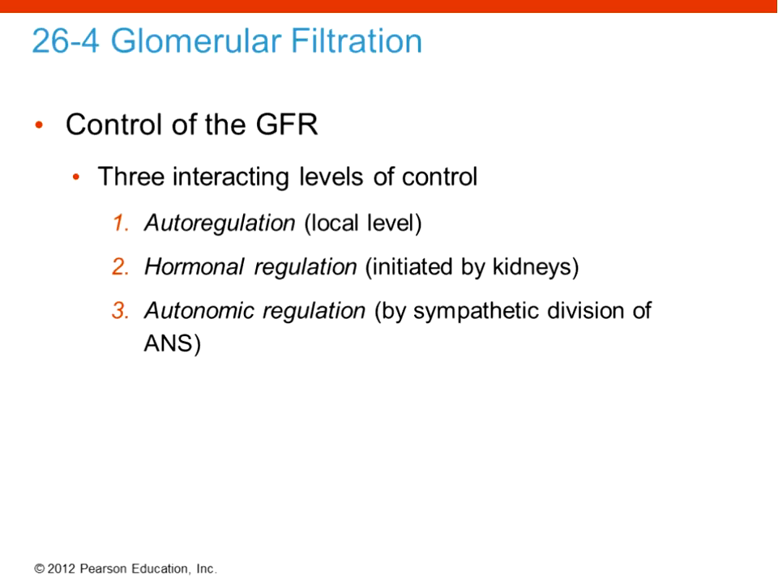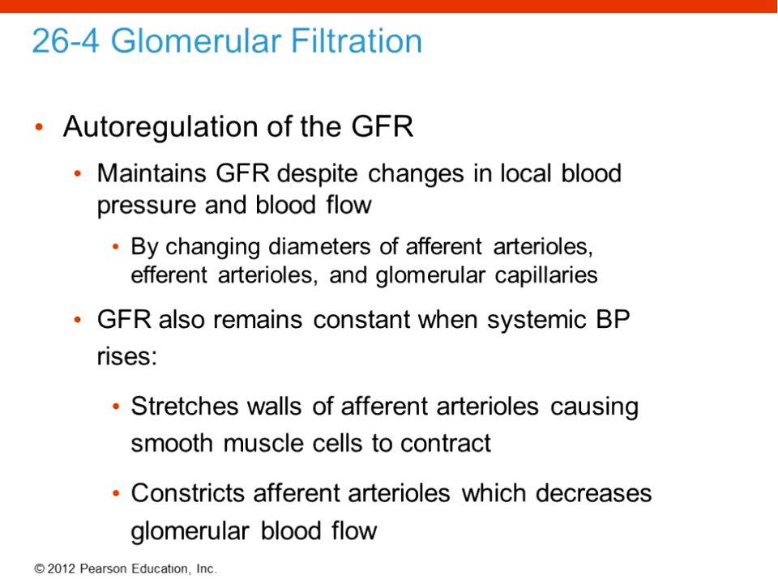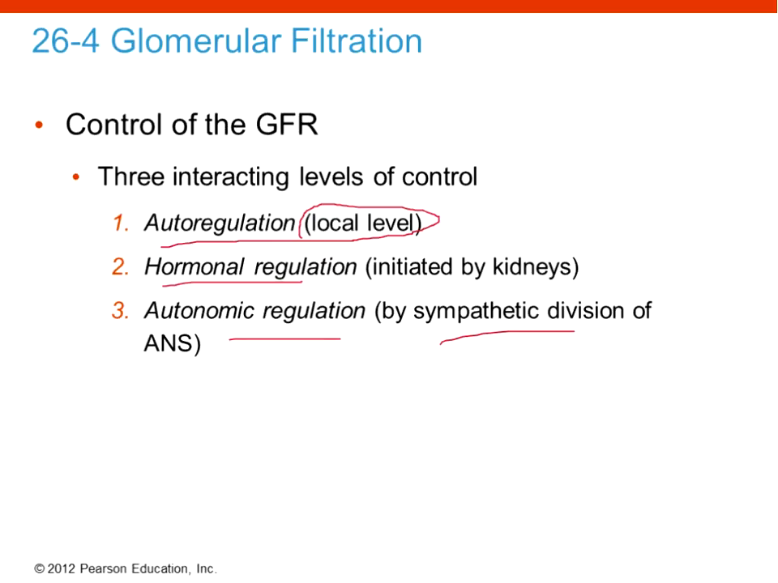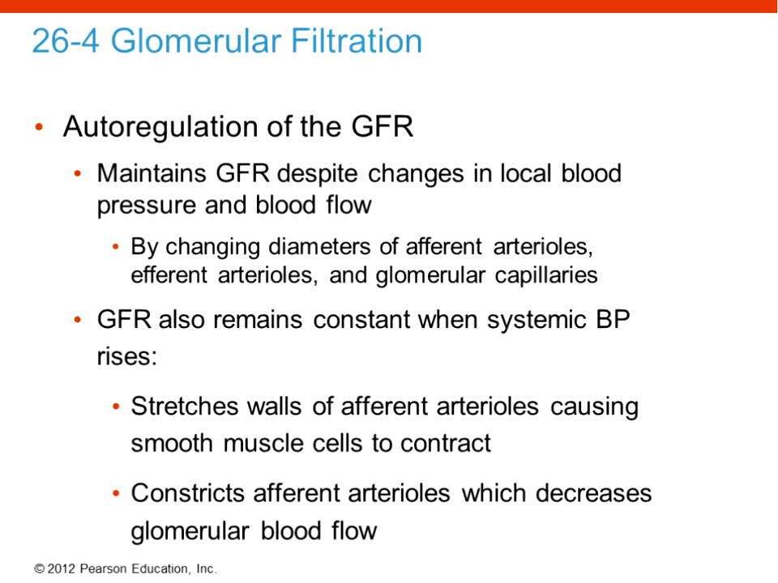GFR. So how can you control GFR, glomerular filtration rate? Autoregulation, specifically at the local level, hormones can impact it, and then the autonomic sympathetic division. So you have what's happening specifically at the glomerulus, you have hormones, and you have the sympathetic division of the autonomic nervous system. Three different ways of controlling GFR. And so the first thing we can look at is autoregulation, the local level, right? And this is important because